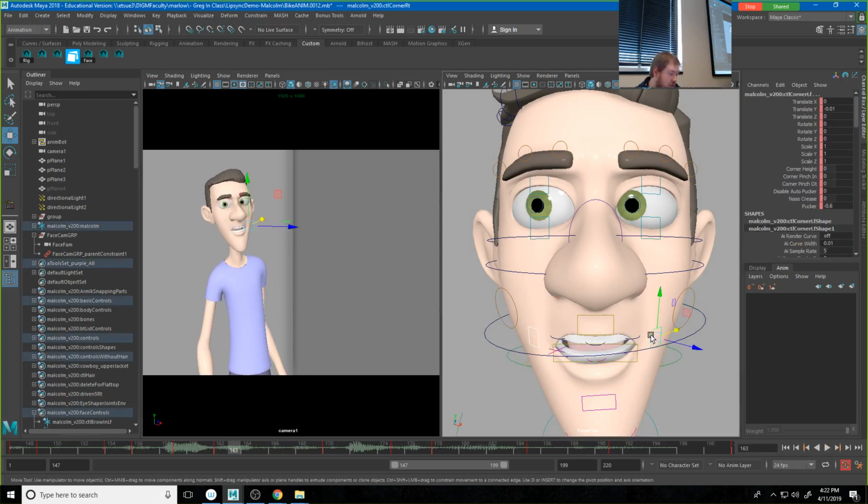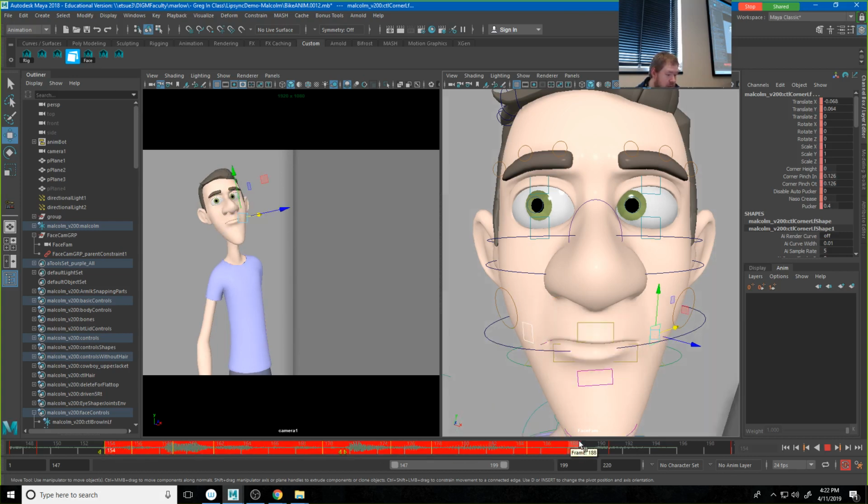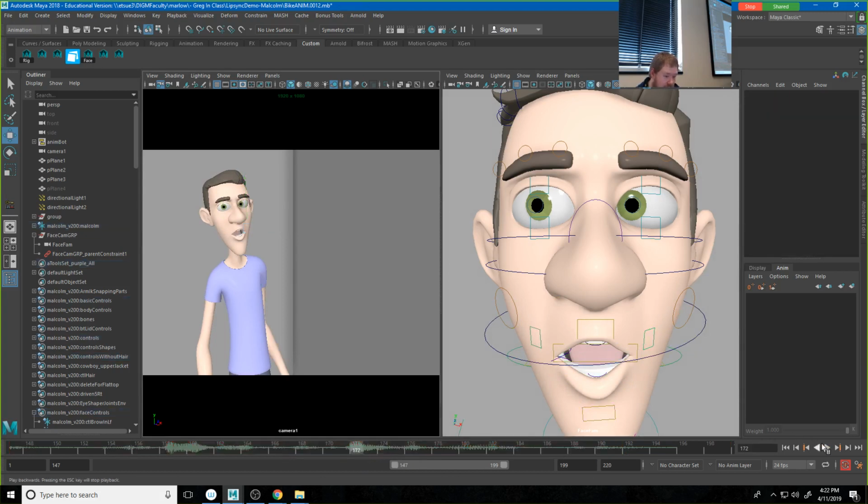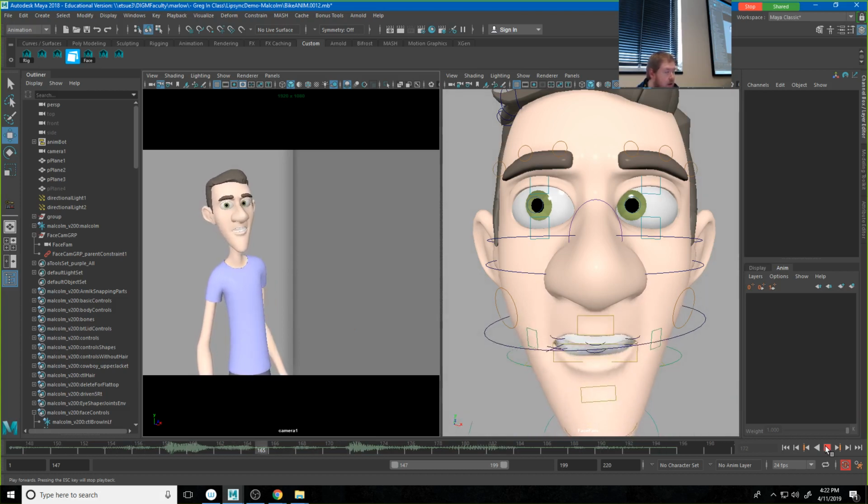And again, I can also go in here and grab these corners and possibly move those a frame earlier to make that happen just a little bit. I've been doing this since I was 19. So now if I play blast this whole thing,